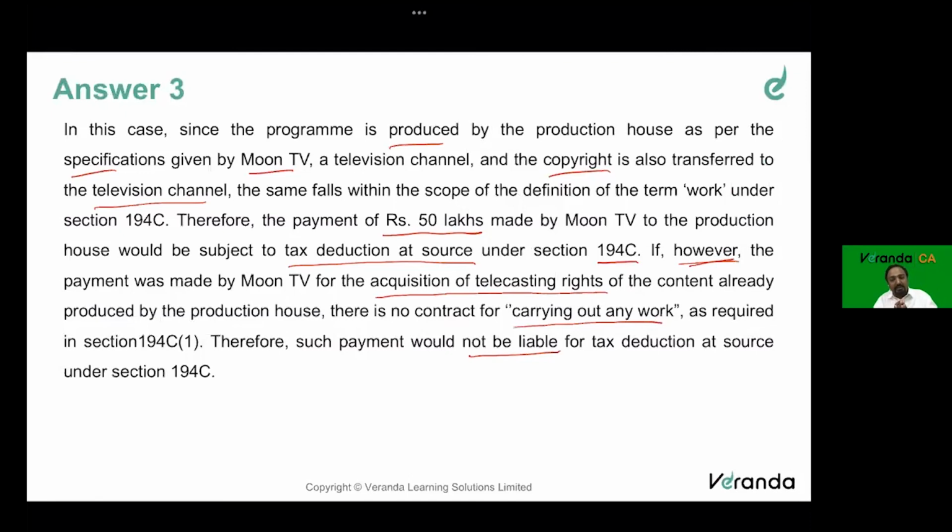We need to understand whether it is a job work or only limited rights. There are only telecasting rights given. In manufacturing, only the manufacturing right is given. In that case, no TDS is applicable. So this is how this particular situation arises. With this, we have completed all the